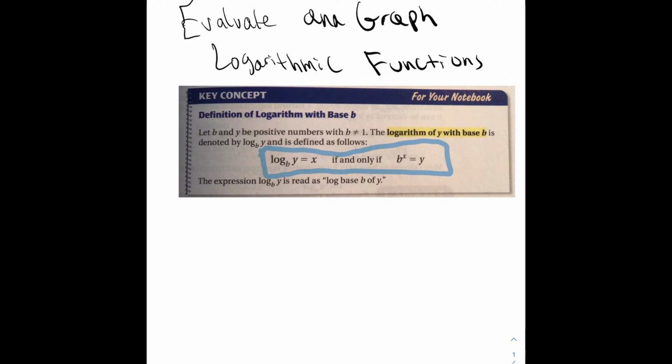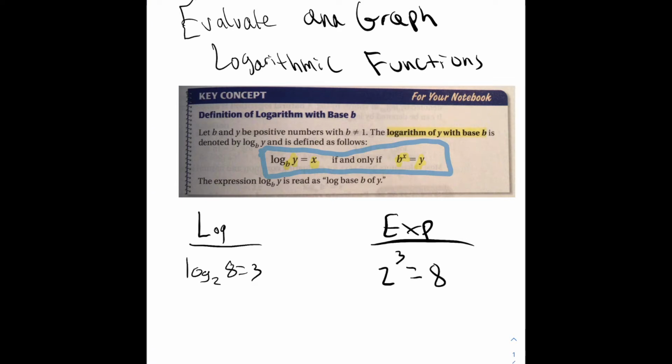And so again, just notice the base of my log becomes the base of my number, my exponent. X becomes my exponent here, and then y is what this will equal. So if we look at maybe an example or two, we've got logarithmic form and then exponential form. If I looked at log base 2 of 8 equals 3, if I were to translate this or switch it over, it would be 2 to the third equals